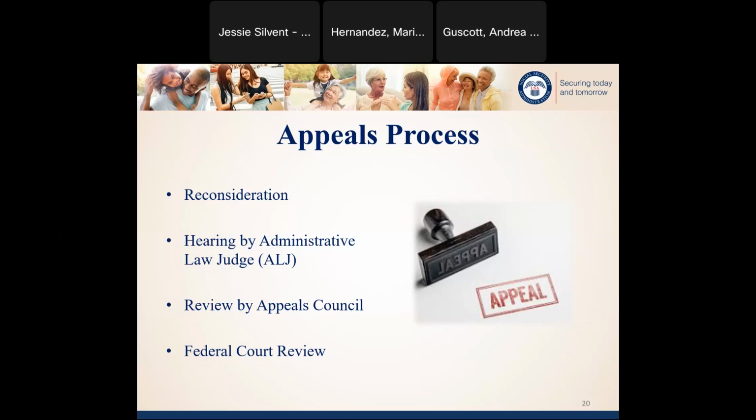If the appeals council upholds the decision, the final level of appeal is at the federal court review level, which is a civil suit that has to be filed within 60 days of the appeals council decision, and it goes to the U.S. District Court. Now, SSA cannot assist someone in filing a federal court review, but an individual can locate the U.S. District Court where they live by visiting our website. We have it searchable by the state where you reside.